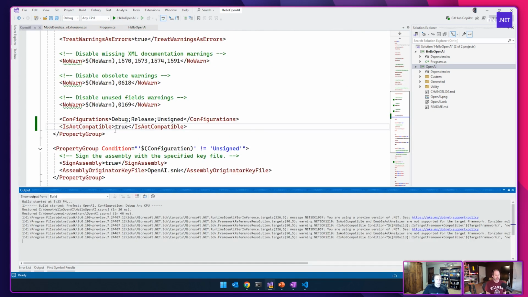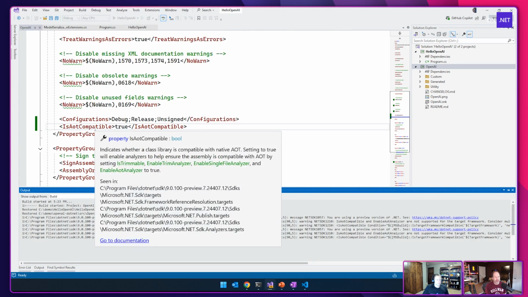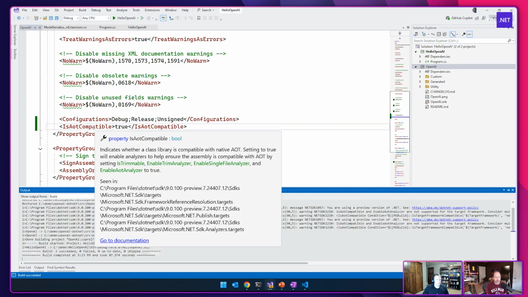So you're saying, why do I need to say that if I've got the other AOT flags? You're enabling analyzers, because you could turn things on to attempt AOT, but this is almost like a meta tag to say, nah, I'm pretty sure it works now. Go ahead and give it the once-over.